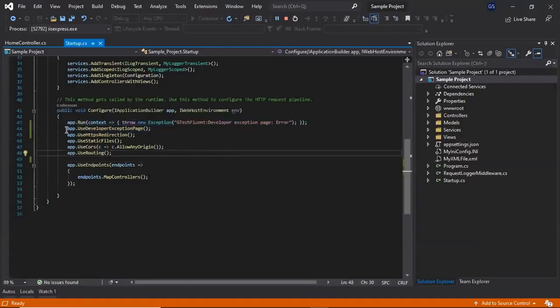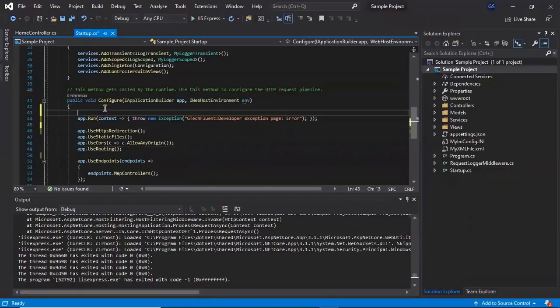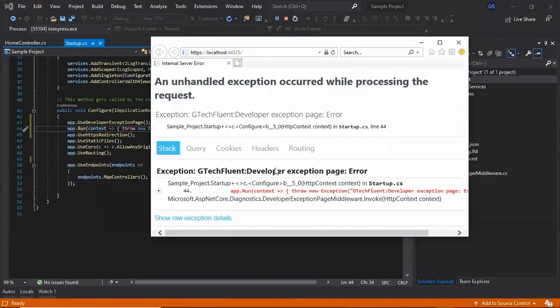We need to make sure the developer exception page is added before any error occurs or any request is served. So let's correct this. Let's move our developer exception page above our exception. Now let's run and see. Now we see the developer exception page as expected.